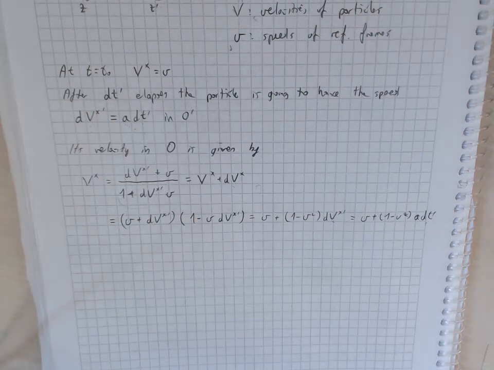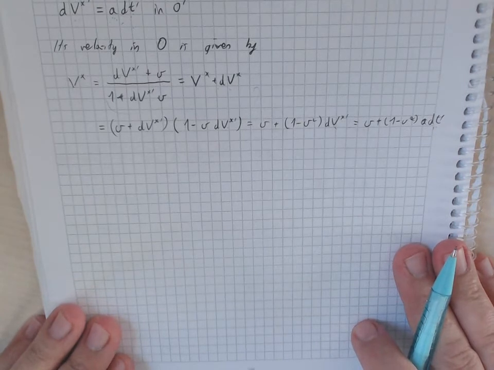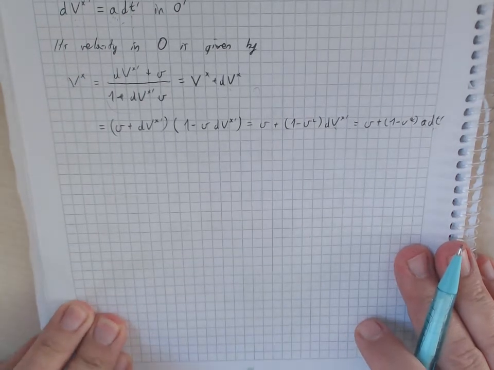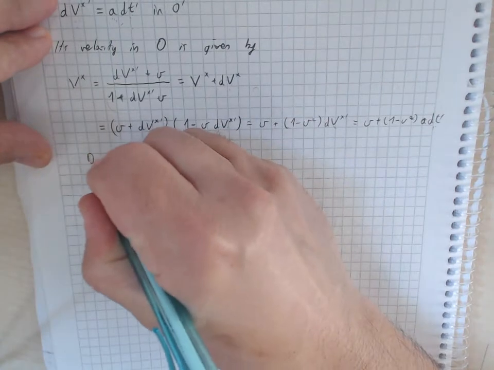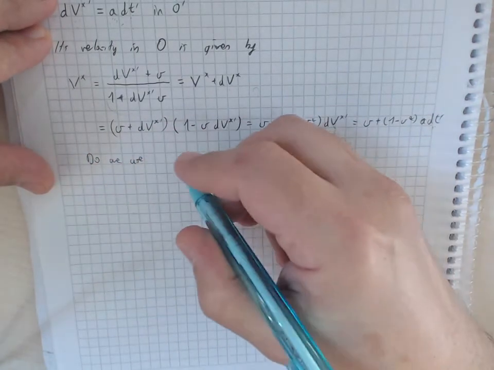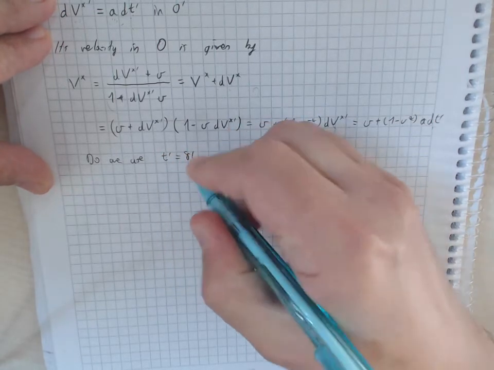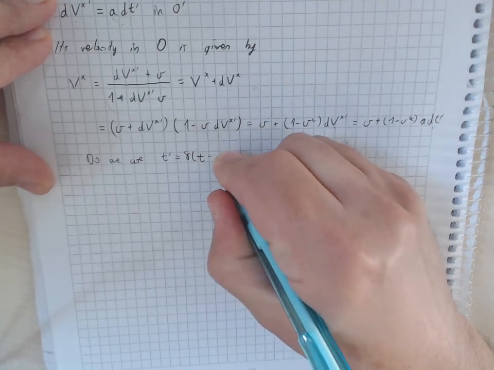Okay, so we are going to find the relationship between dt and dt prime, and it's not immediately obvious how we can do this. So we have seemingly two alternatives. Do we use Lorentz transformations? We have to use Lorentz transformations, right? That's given, but we can either use this Lorentz transformation t prime equals gamma (t minus Vx),